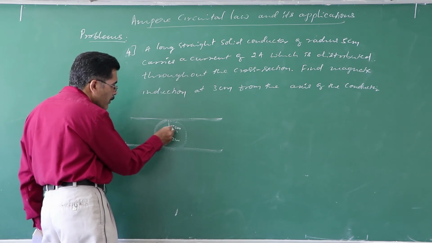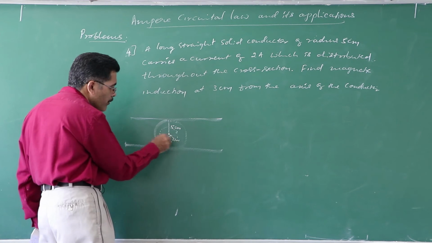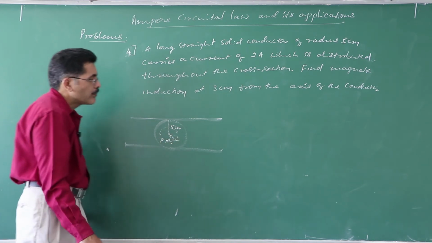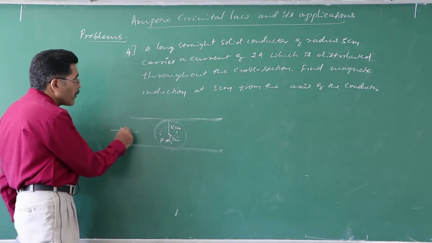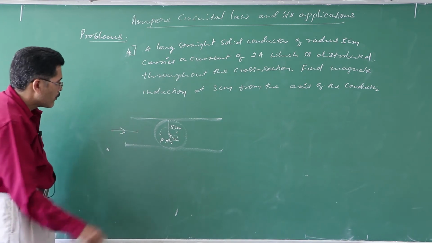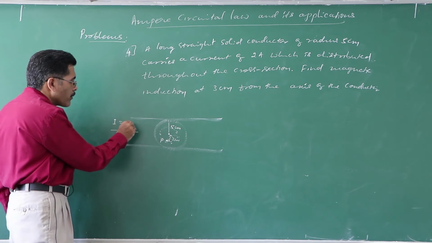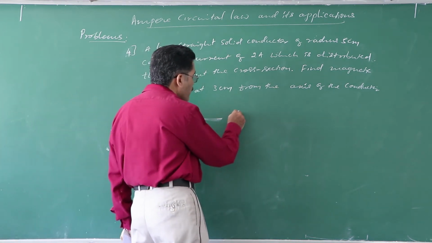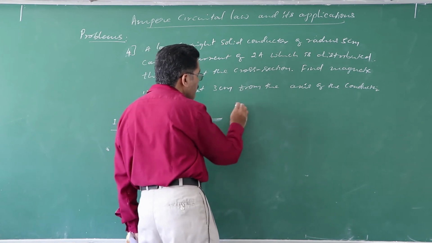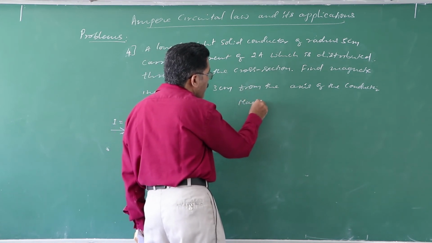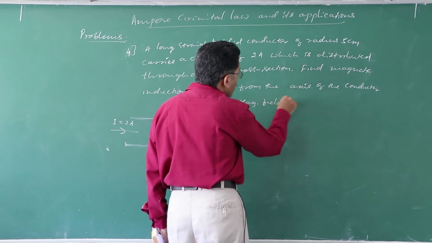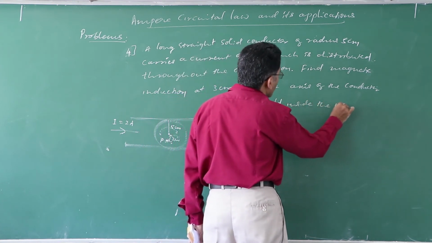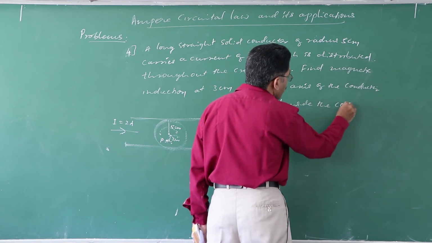Here you just imagine an Amperian loop containing this point P. Current of 2 ampere is flowing. So you know that the magnetic field inside the wire, inside the conductor,